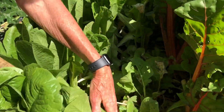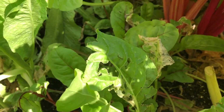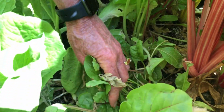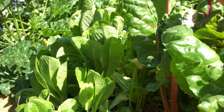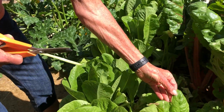And so what you do, it's really hard to space them right when they're in a row. So when they're in a row, what you can do is as you harvest them, just take the whole plant out and you end up thinning it out. So I planted the big plants, the already going plants for now,